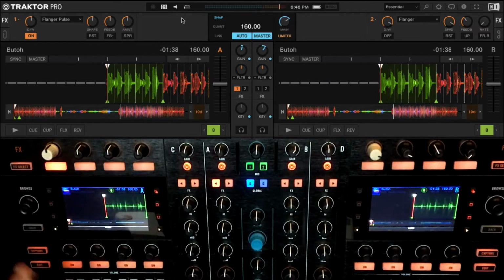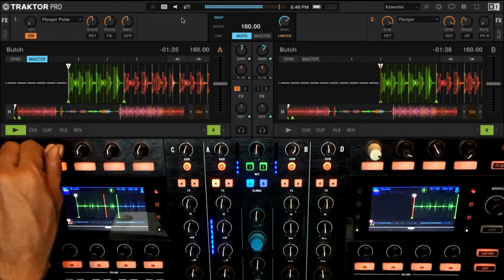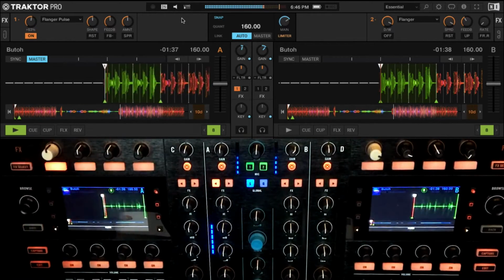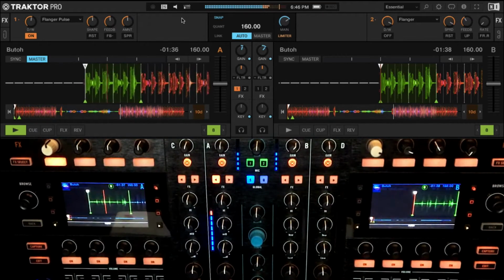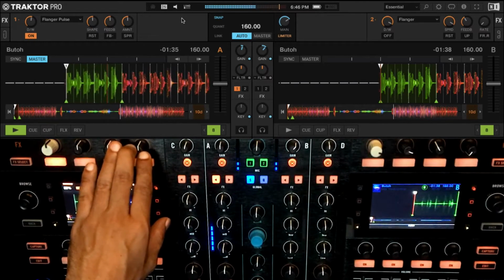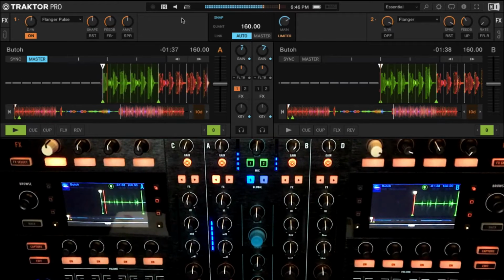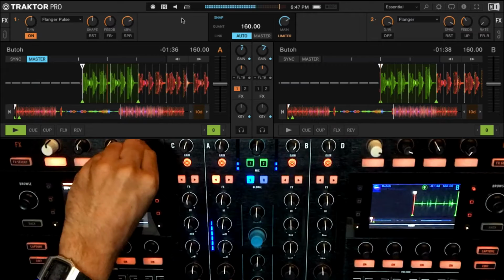Let's switch it on. Again, play it. Nothing is happening really. Any idea why? Because we haven't enabled any amount, okay? Because it's a bipolar signal here, which means it can go negative and positive, okay? So 0 in the center, minus and plus, exactly. Okay, so let me go towards the right.